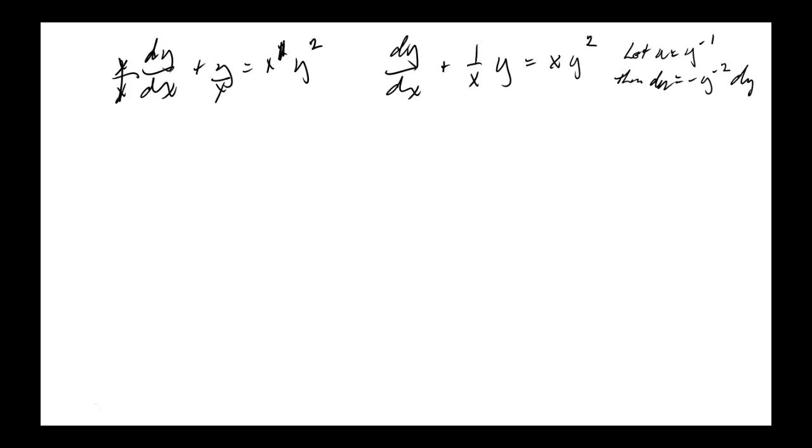Now your dy dx becomes, so let's rewrite this as dy dx is equal to y squared du dx. Okay. Now, so this will become y squared du dx, that's your dy, plus y over x, or 1 over x times y,